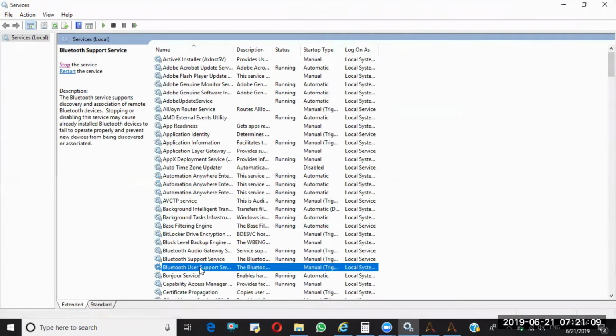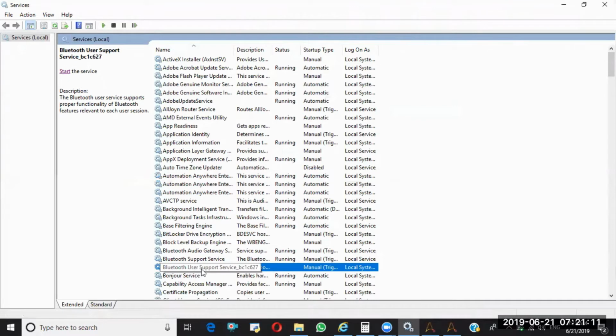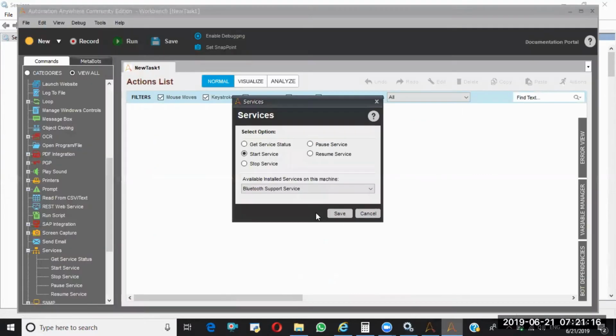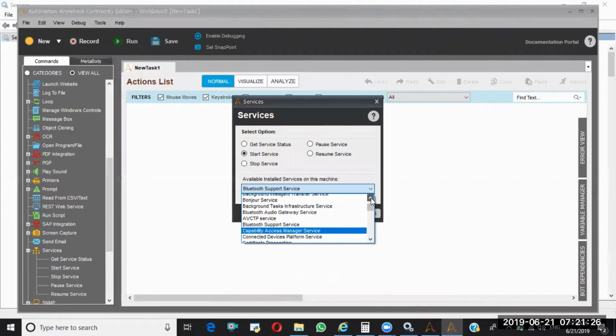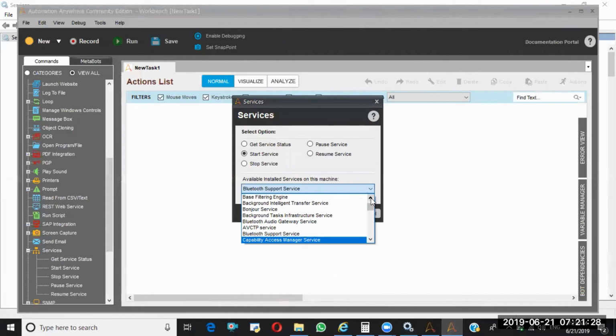The Bluetooth user support service is not running. So if I want to start this one with the help of Automation Anywhere, you can. Okay, here it is not showing the Bluetooth user support.